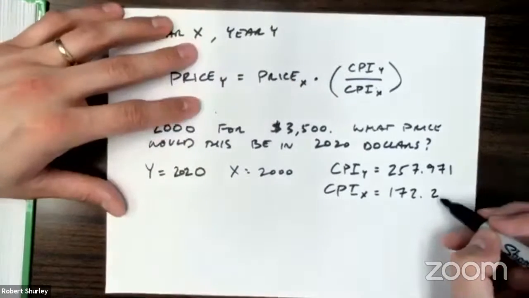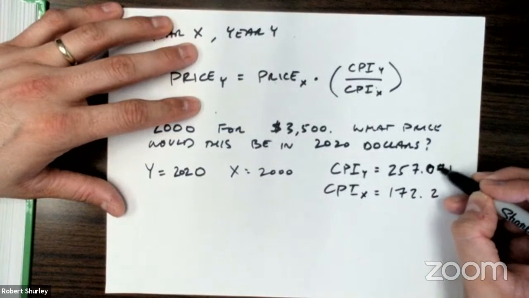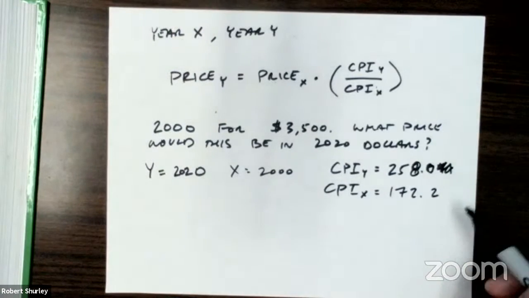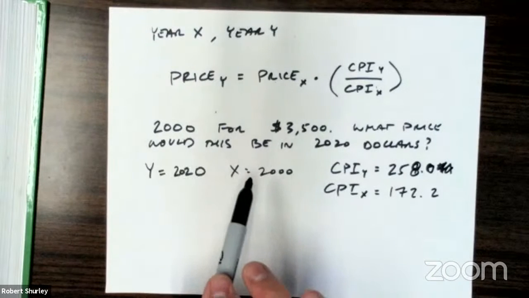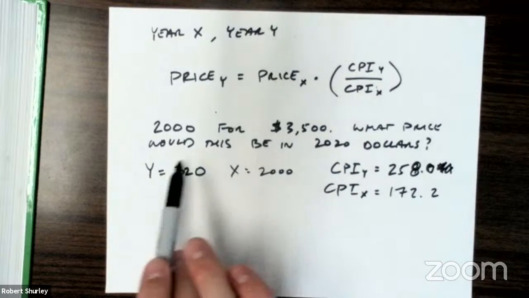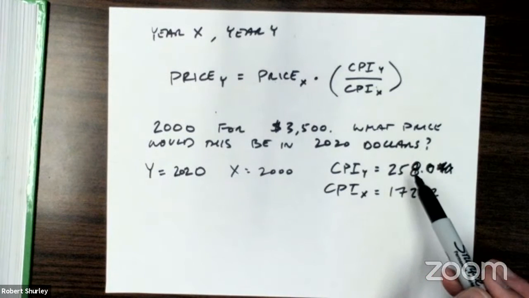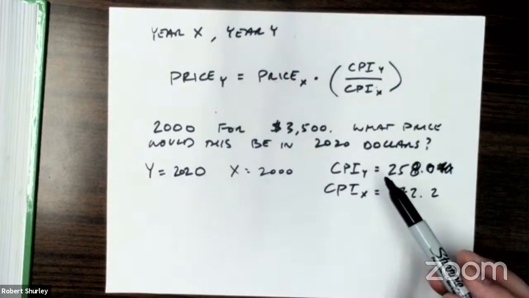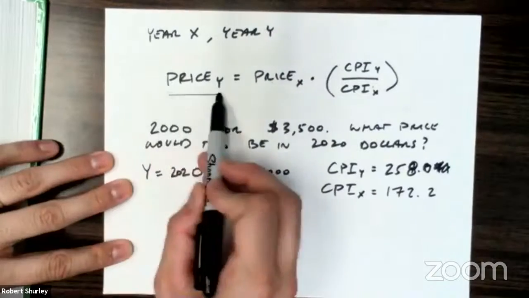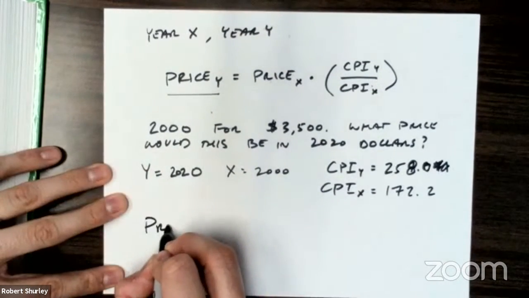172.2. Okay, they rounded just one, so let's round to 1 here. We'll say this is 0, and this goes up to 8, by rounding to 1 decimal place. So in the year 2000, the CPI was 172.2. The year 2020, the CPI was 258.0. Actually, last year, the CPI in January was 258.0. So if I want to know the price for my vehicle now, the price in 2020